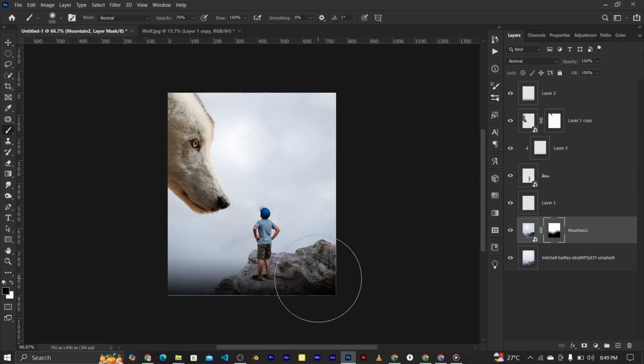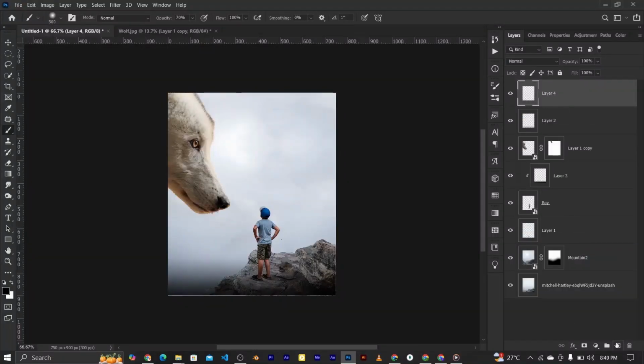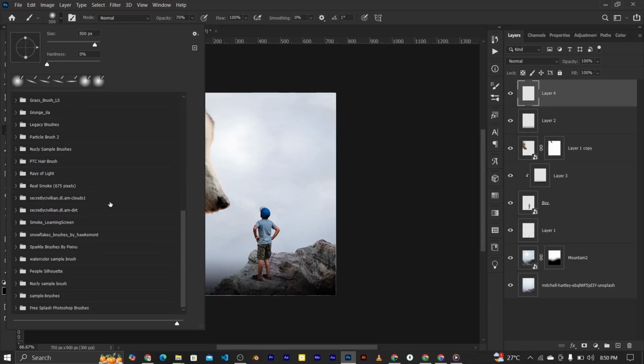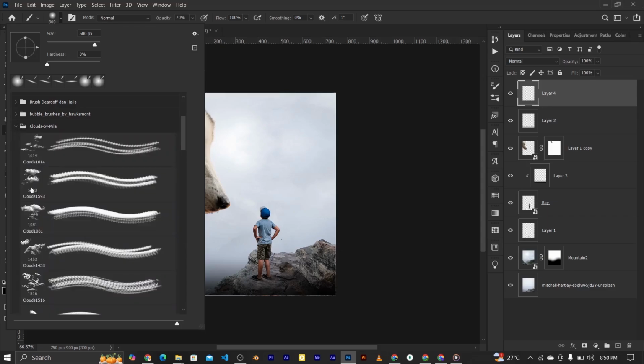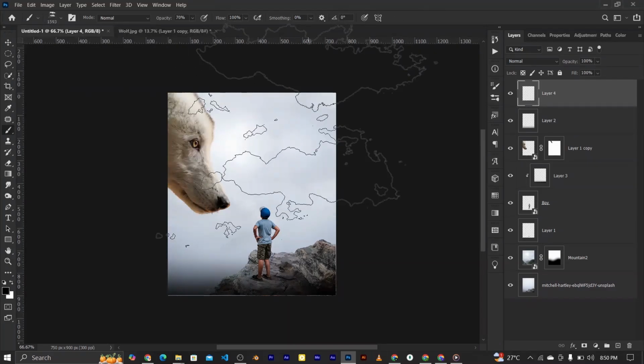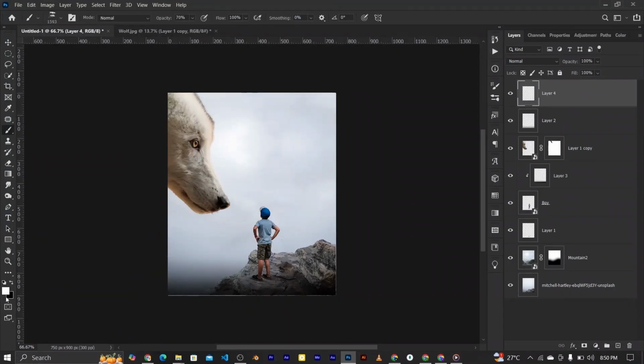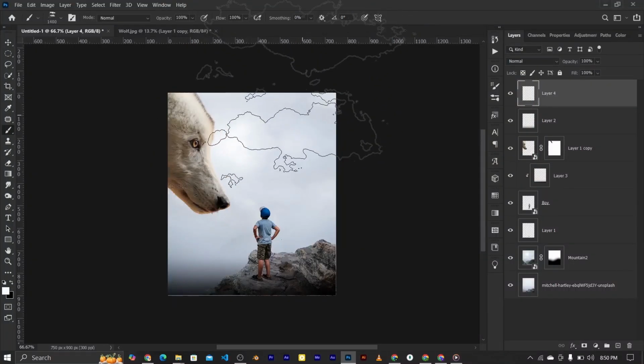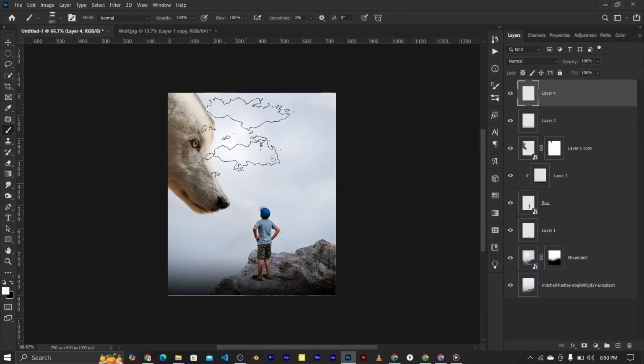So what I'm going to do now is create a new layer. Go to my brush preset and look for a particular cloud brush. Clouds. So I'm going to select this one. Press X to switch my foreground color. I'm going to click on my foreground color and not make this fully white, but a bit of white, this kind of color. Click on OK. Put my opacity from 0 to 100 by hitting 0 on my keyboard and just slightly